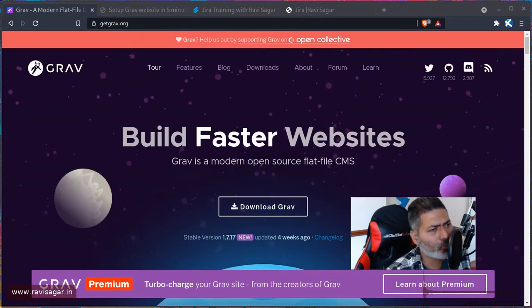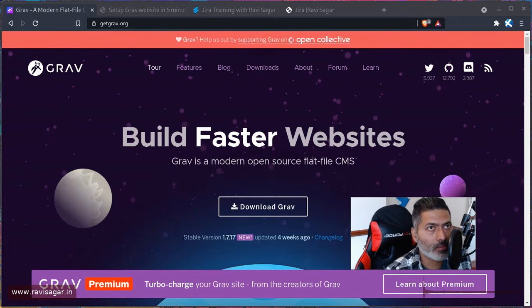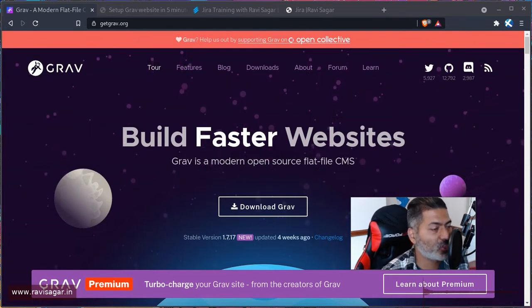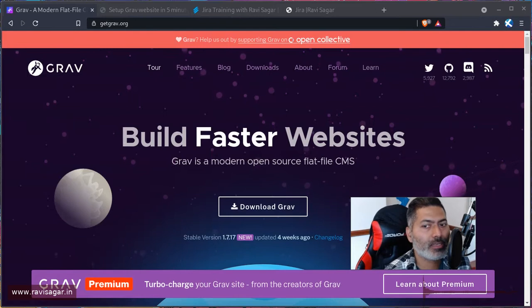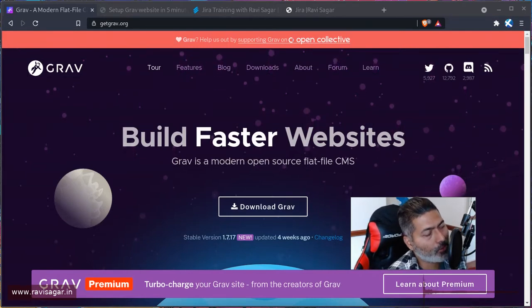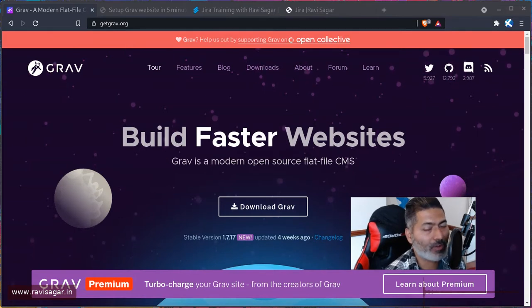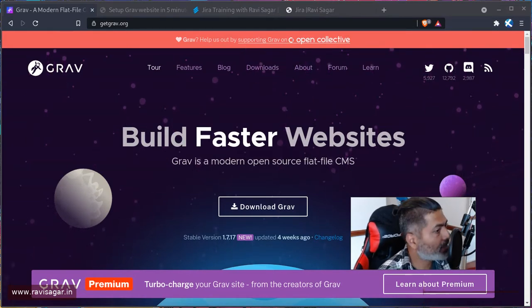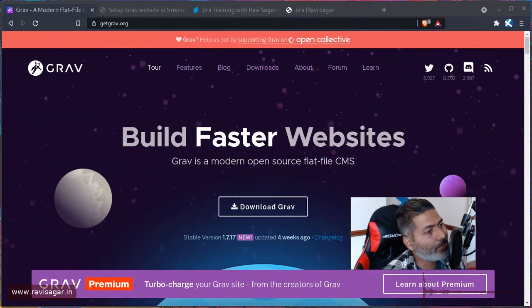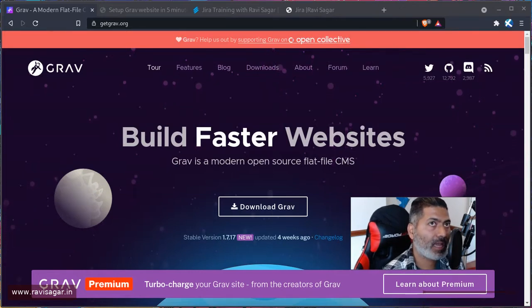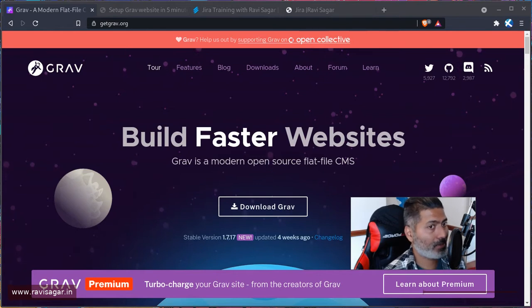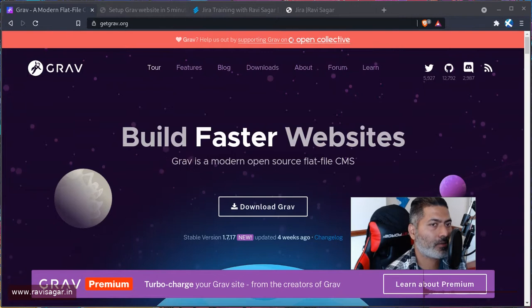Now, I'm sure you all are probably familiar with this concept of static site generators. Basically, you can maintain your site using nothing but text based files. It could be markdown based files, and you can then generate a site out of it, and the whole site can be based on nothing but text files. But if you want something which is somewhere in between,